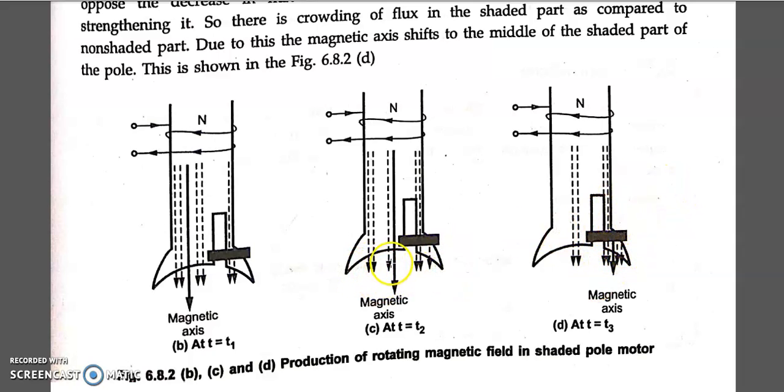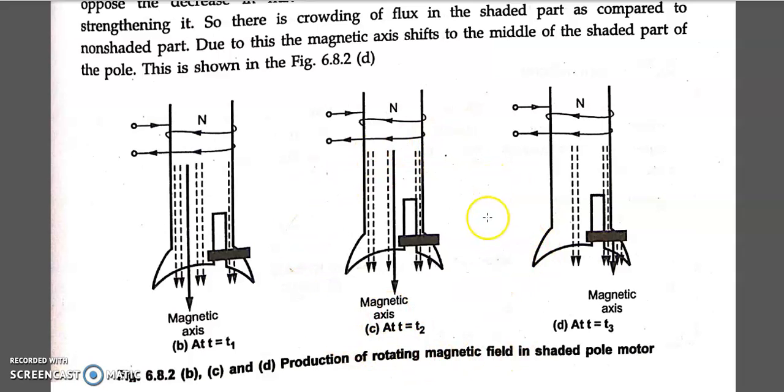The magnetic axis, before it was center, now it has shifted to the right. So if I place 3 poles or even more than 3 poles or 4 poles, the magnetic axis will continuously go on varying circularly. Yes or not? Now it is linear, now it can be seen moving from left to right. But if I place it in circular fashion, then what happens? The magnetic axis is going to rotate in the clockwise fashion.